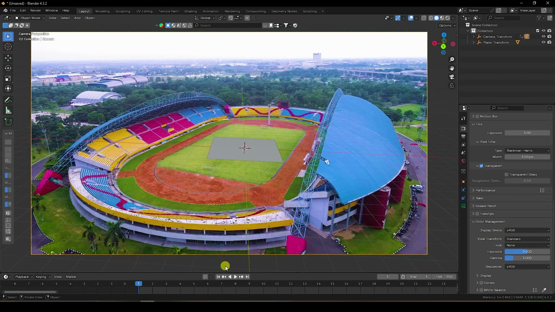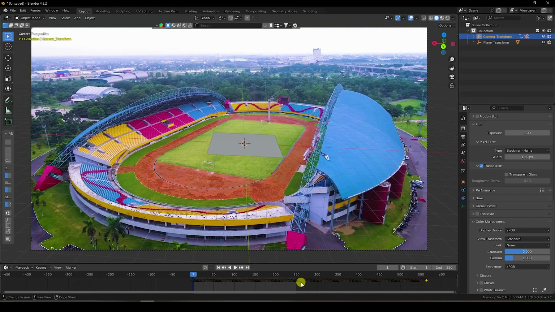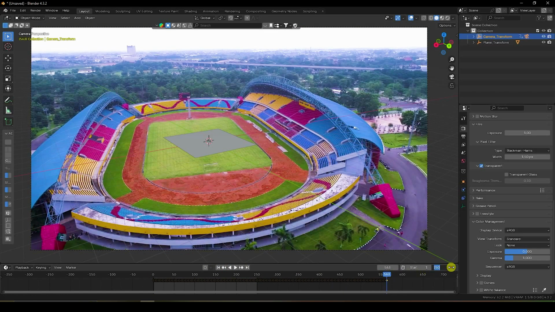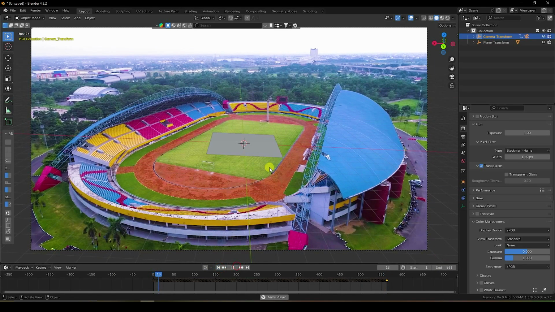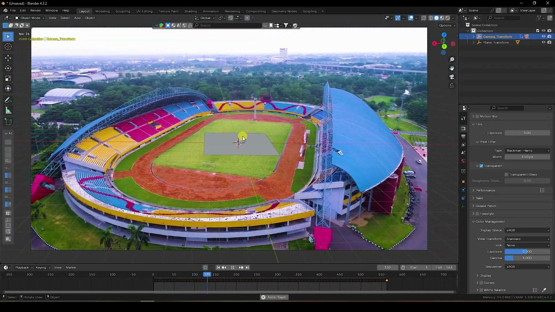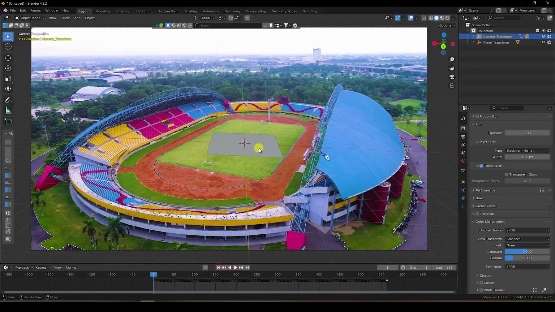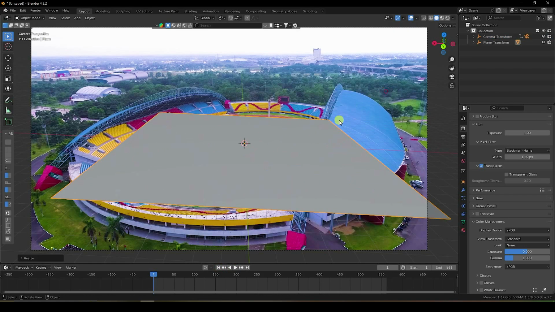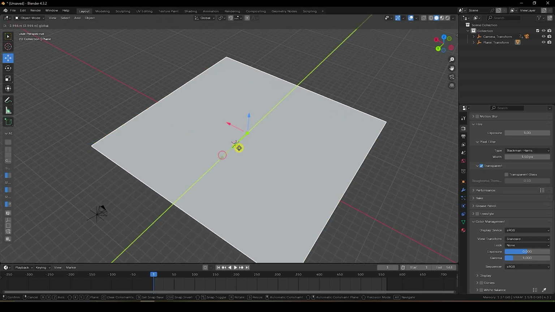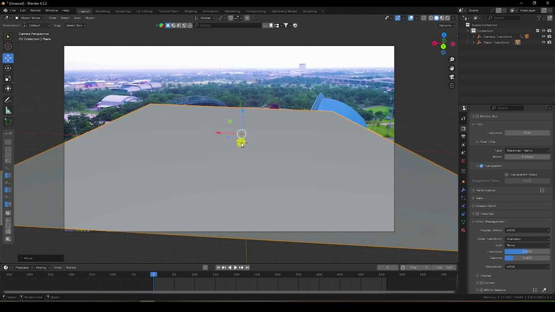Yeah, that's it, it's my tracking data. Also I increase the frame. Select this camera and the last frame, and the last frame is 563, enter, yes. Go back and play, yeah. That's my simple tracking data, right? And now I increase this floor, select this floor and increase it like this, and a little bit back, yeah, press 0, yes, good.